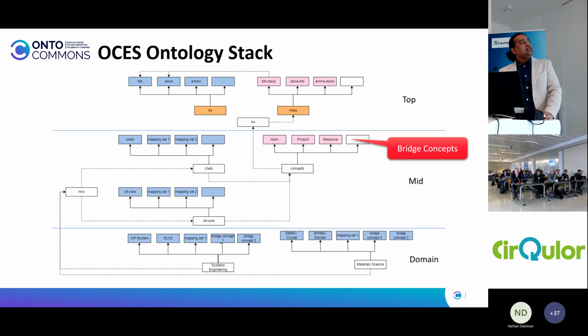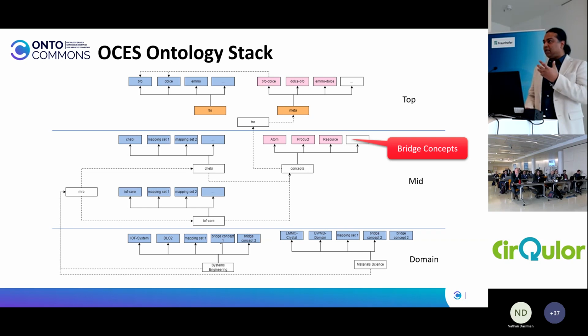Sometimes in our observation, the rigorousness and the complexity of the top-level ontology makes it extremely hard for them to adopt it in their own work. And also the notions from different domains which they try to bring to the ontologies are hard to unify under these completely domain neutral metaphysical concepts of the top-level ontologies. So for that reason, we have brought this concept called bridge concept, which Hedy also mentioned in the morning, and which is one of the important elements of the OntoCommons ecosystem.